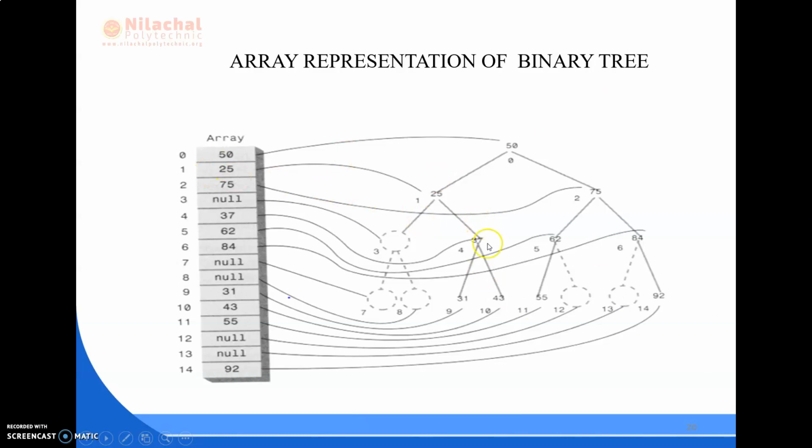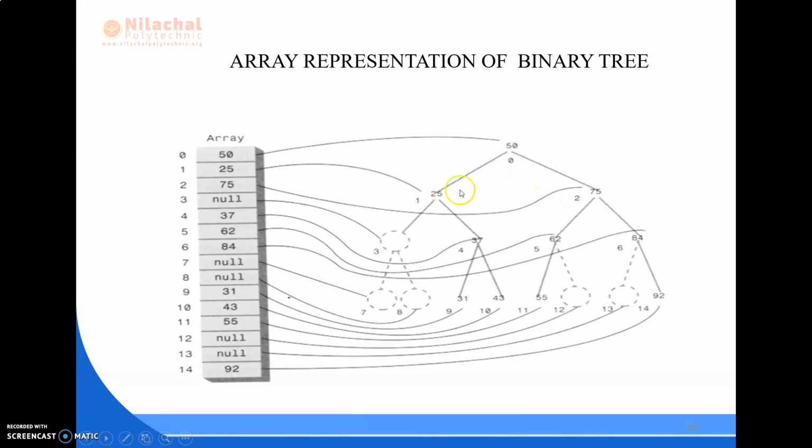But how is the tree structure stored? We are going to see that. At the very first position we have 50, which is subdivided into two nodes, where the left node is 25 and the right node is 75.